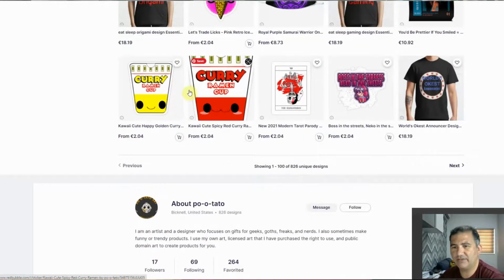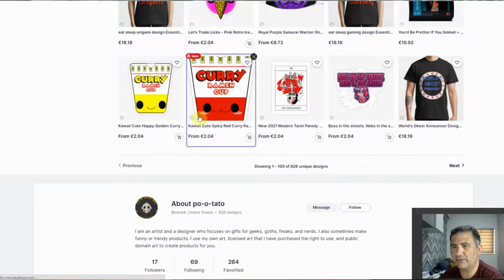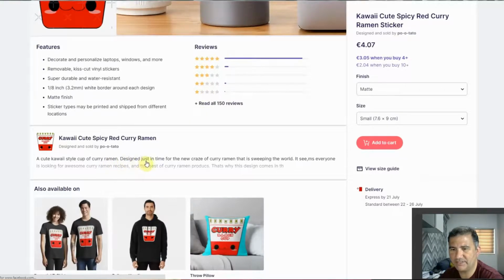Okay, now the other thing that you have are these nice, cute kawaii type of designs. Curry ramen cup. Let's just click on that one over here. Cute kawaii style cup of curry ramen, designed just in time for the new craze of curry ramen that is sweeping the world. Everyone is looking for awesome curry ramen recipes and the best of curry ramen products. That's why this design comes in the...